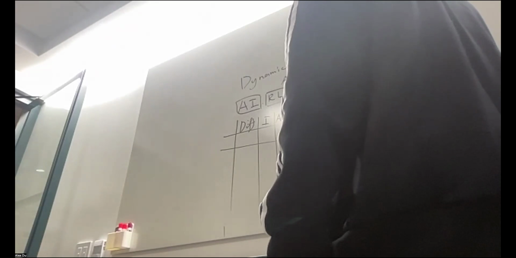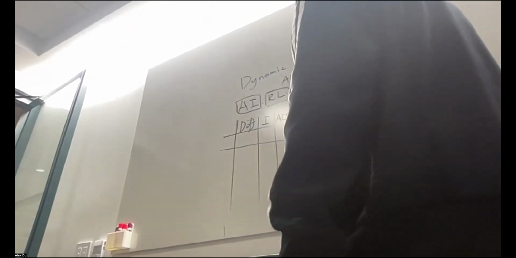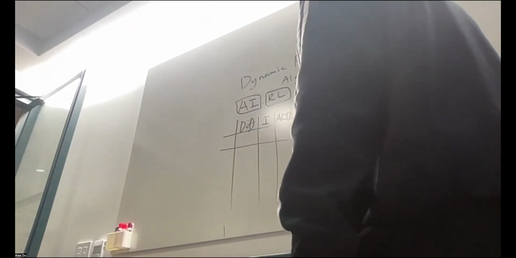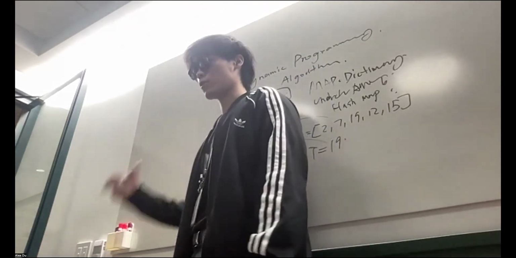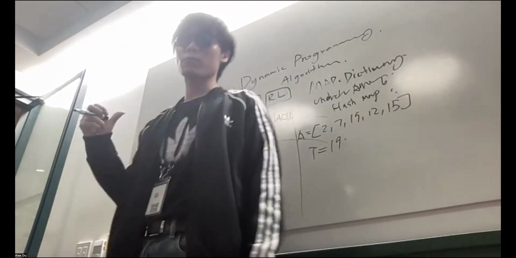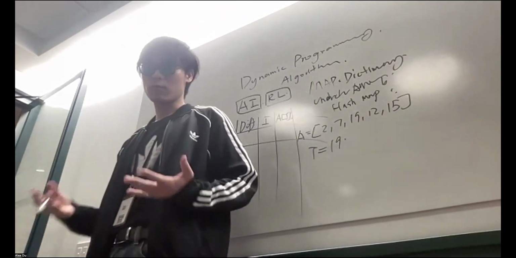So for instance, we have 2, 7, 19, 12, and 15, right? So target number is 19. And we want to find two numbers, which sum is the target number. So the naive way is two loops traversal, right? Okay. But now